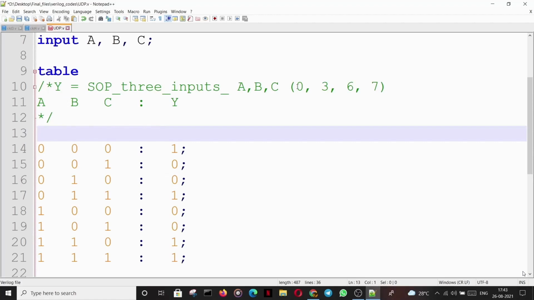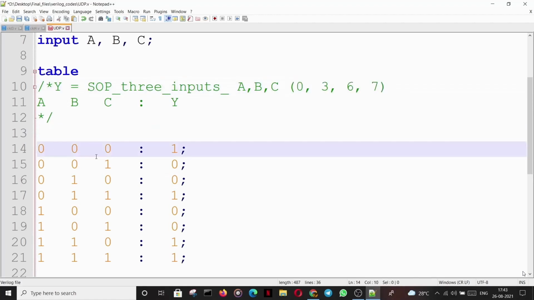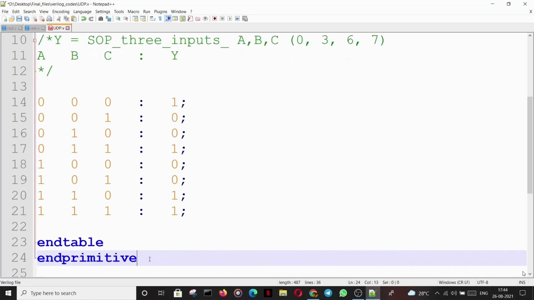We are writing the code for sum of products 0, 3, 6, 7. 000 is 0, so the output is 1. 011 is 3, output is 1. 110 is 6, output is 1. 111 is 7, so output is 1. In all other cases, the output is 0. You end the table with the keyword endtable, and we end the primitive with the keyword endprimitive.